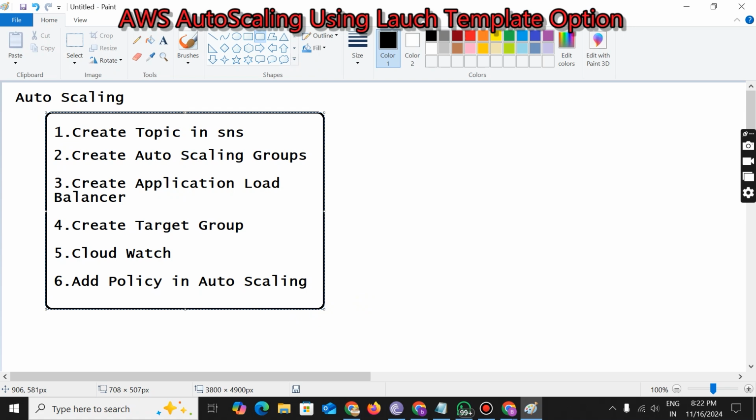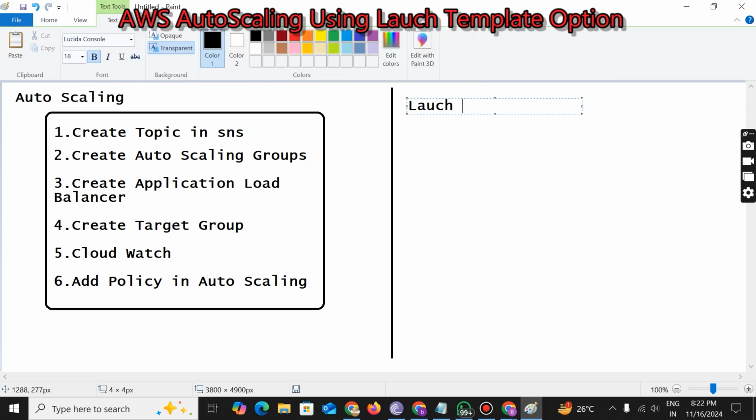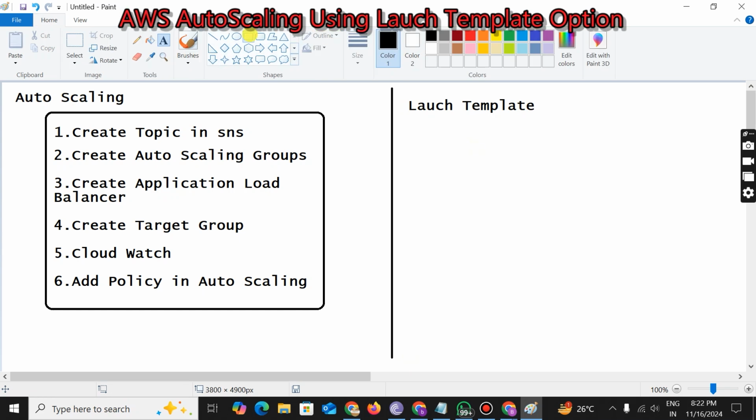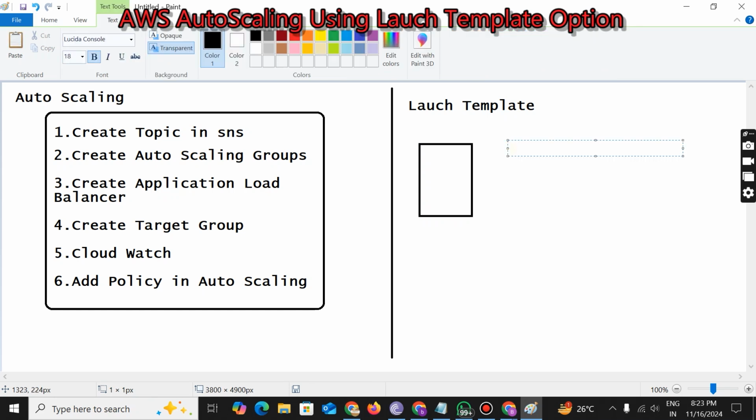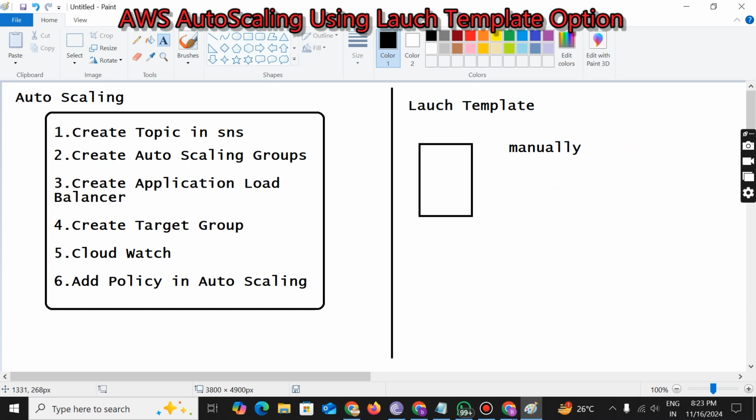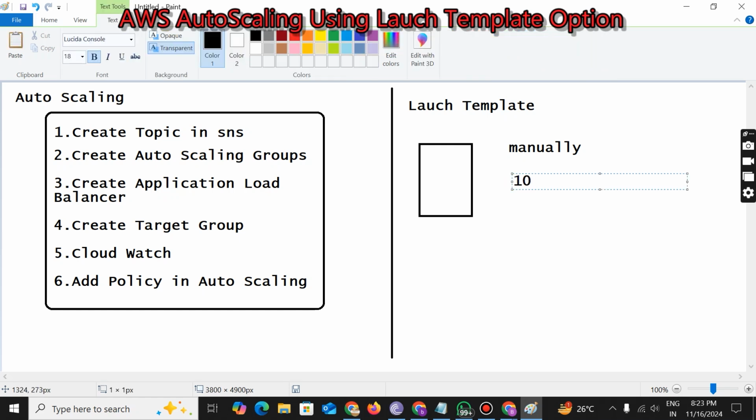Before discussing auto scaling, I want to start with launch template. What is this launch template? Right now we are creating instances, it might be Windows, or Linux, or any operating system. But we are doing this manually. Manual process only we know up to now. If I ask you to create 10 instances, will you